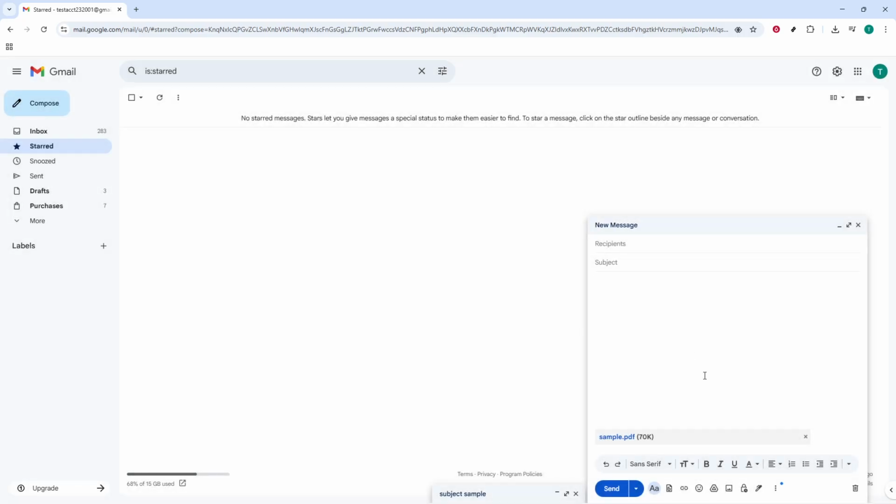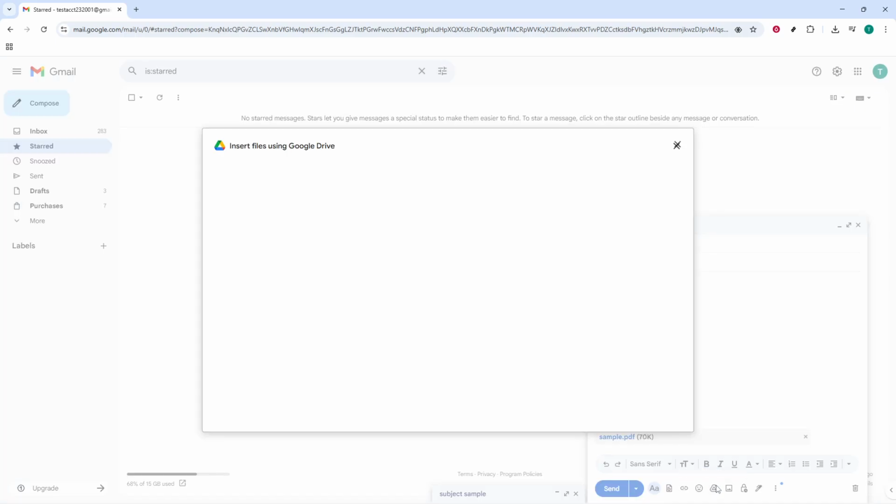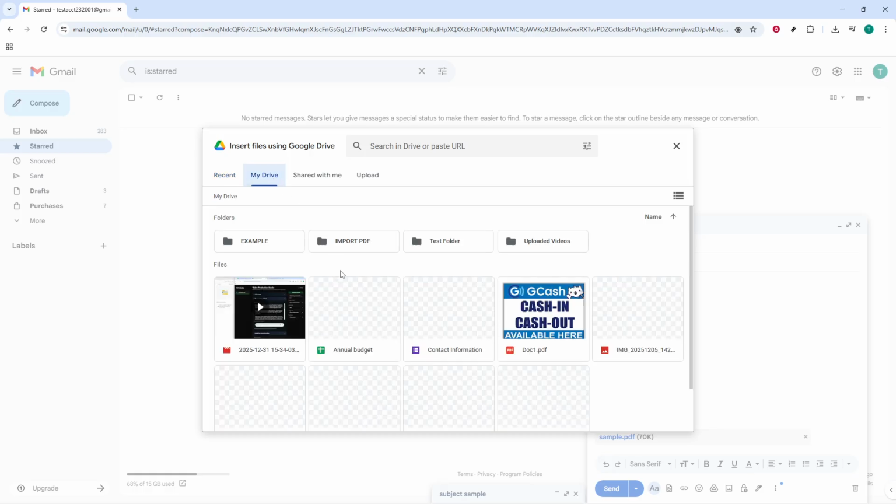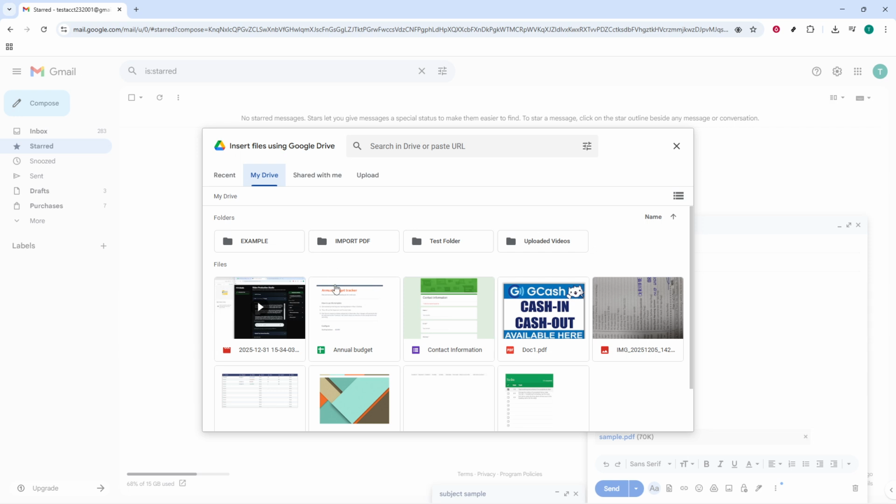If your file is already stored in the cloud or if it's large, use Google Drive. Next to the paperclip, click the triangular Google Drive icon. A window will open showing your drive. Choose the file you want and confirm. Gmail will insert it as a drive item, which is perfect for bigger files and keeps your email lightweight. Just remember, recipients need permission to view drive files, so make sure the sharing settings allow the people you're emailing